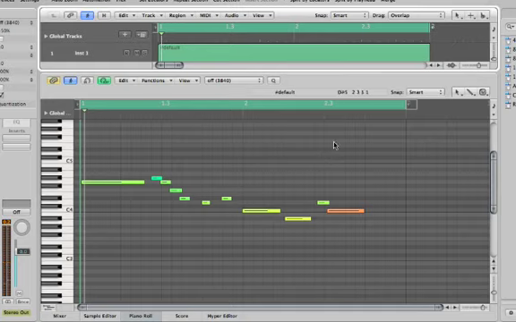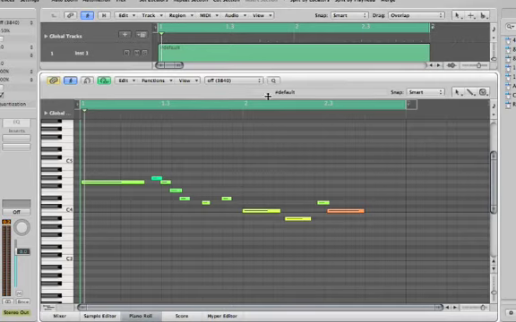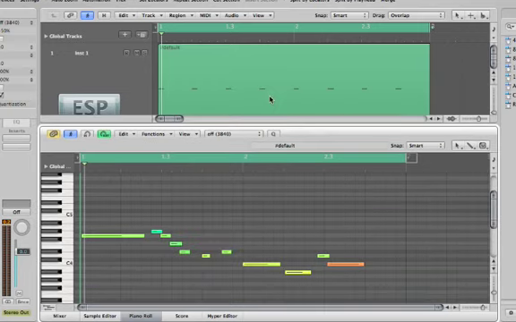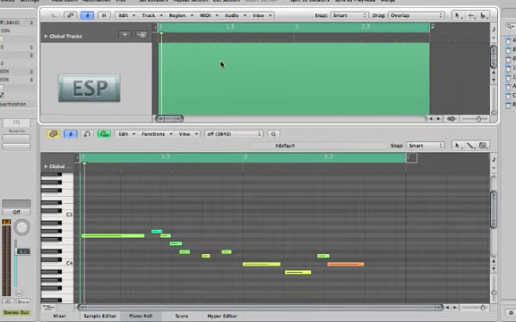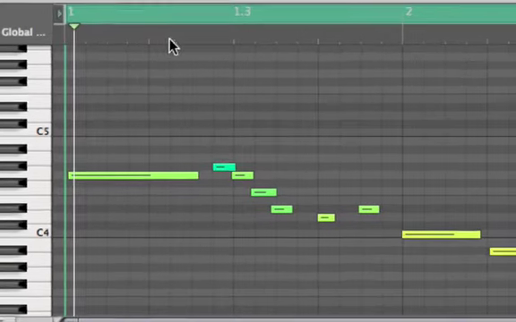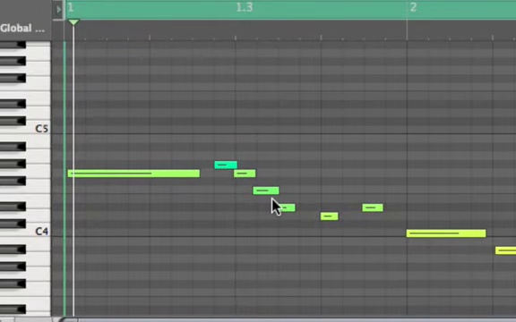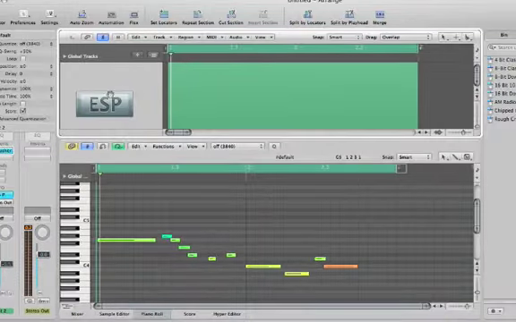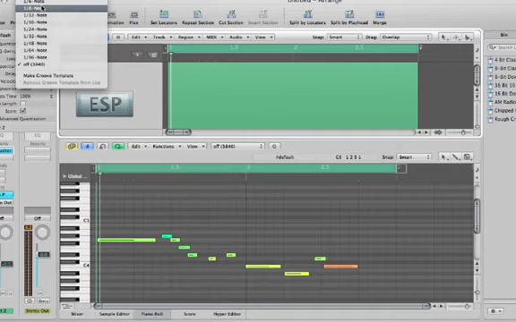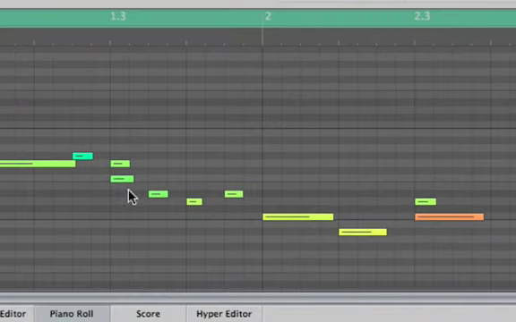Sounds pretty good, but again, I think we could quantize this to make it a little bit more accurate. So what you can do is the same thing. Go down, make sure this one is selected, and quantize it. Now, before you quantize it, you have to know what the value of your notes are. Again, this is quarter notes, so these are actually 16th notes we have here. If you quantize it to eighth notes, it's going to mush these 16th notes and these 16th notes together. Listen.